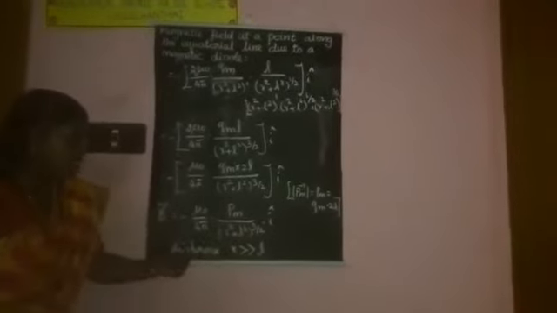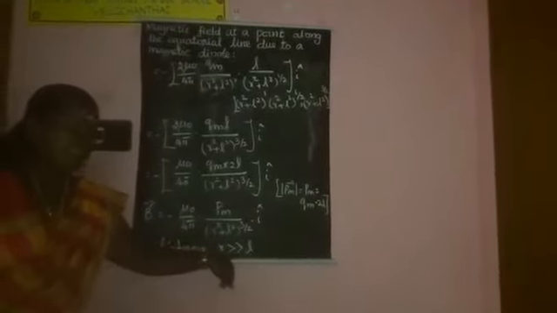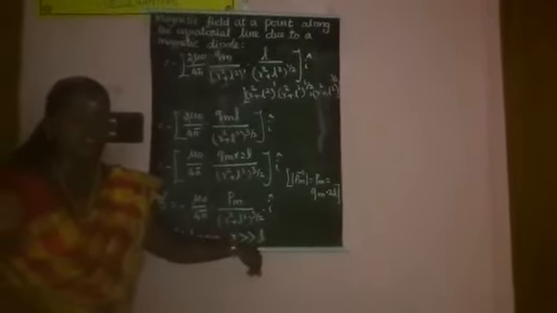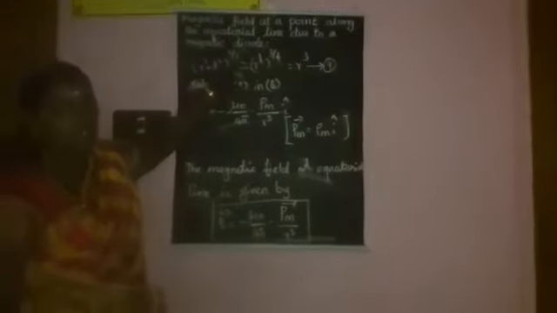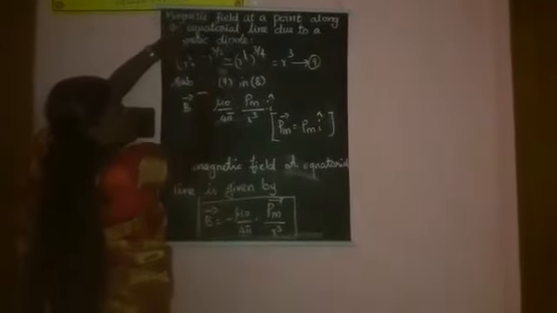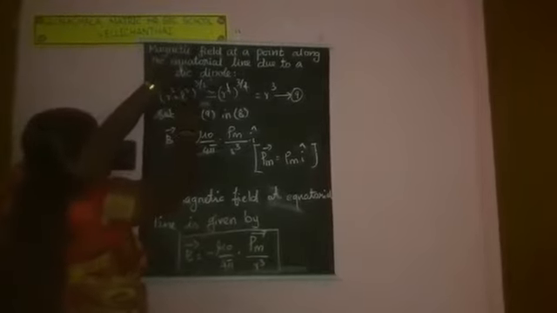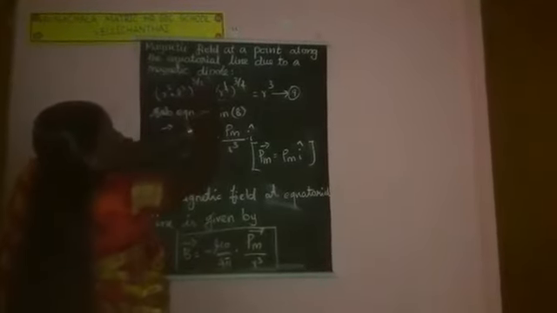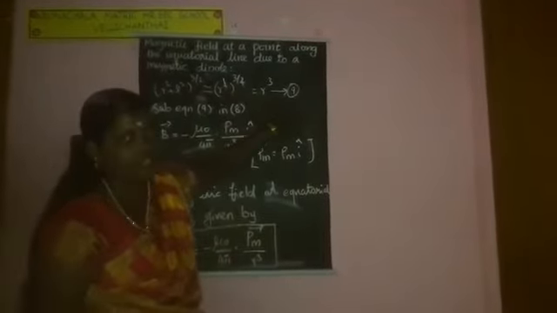Next, two distances are there: the vertical distance, that is R, and the horizontal distance L. Compared to distance L, R is much greater than L, so L is a very small distance. Neglect this value. R square plus L square the whole power 3 by 2 equals, since L is very small, we neglect this value and consider it 0. You have to note it here: R square the whole power 3 by 2. Then 2 cancels, remaining we got R cube. So, this is equation number 9.